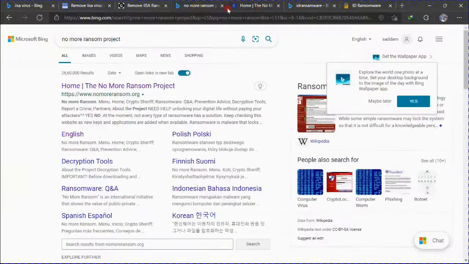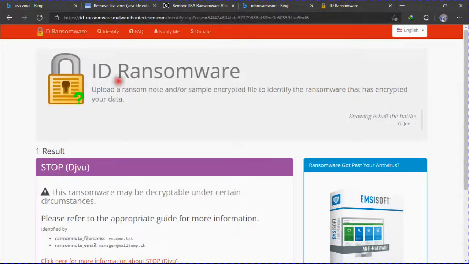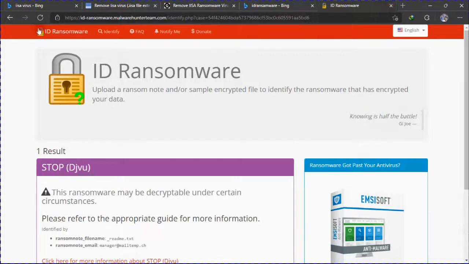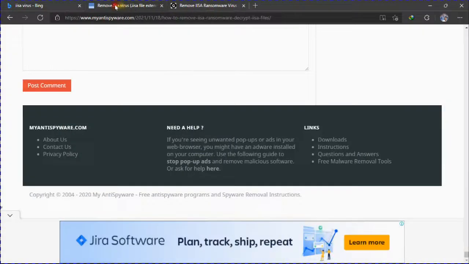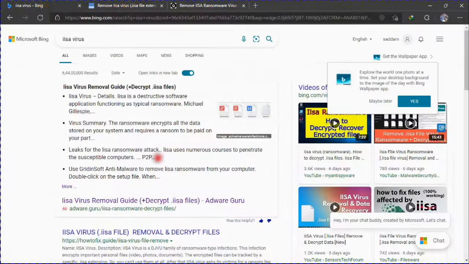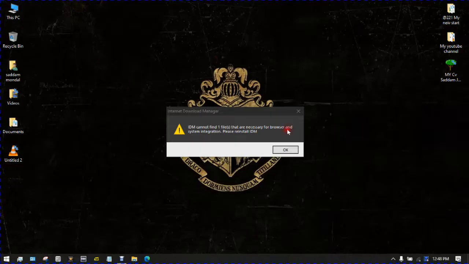So I hope you got some information about this ransomware project and ID Ransomware. Find out what kind of ransomware is attacking you. Both websites are very helpful, you can try. I spent almost 3 days and still haven't found my solution. I wasted all of my 3 days, and I can't solve it.